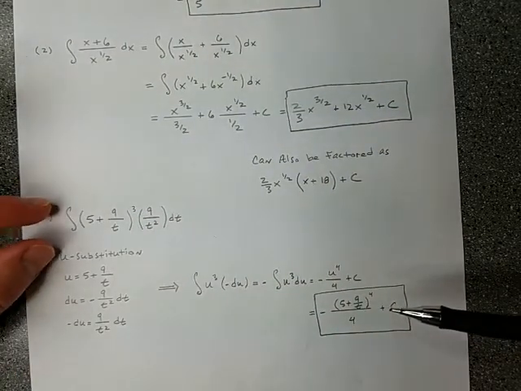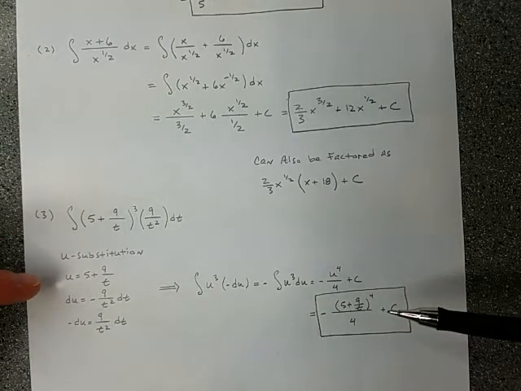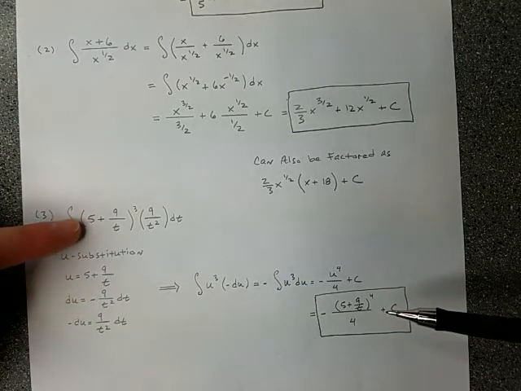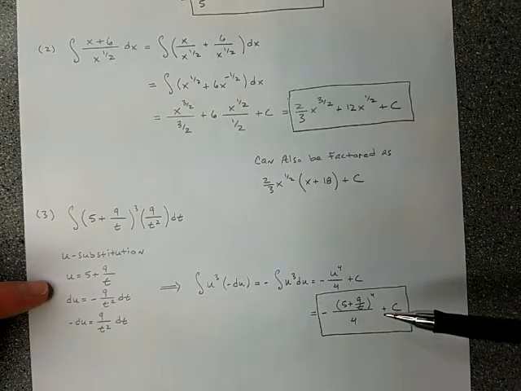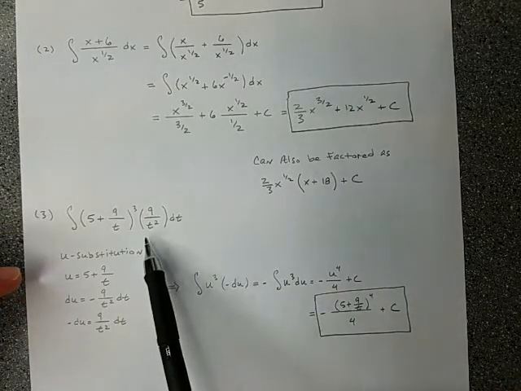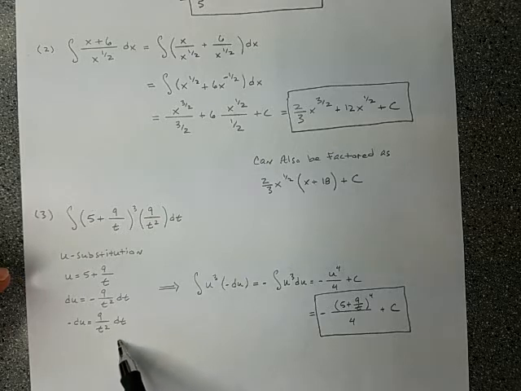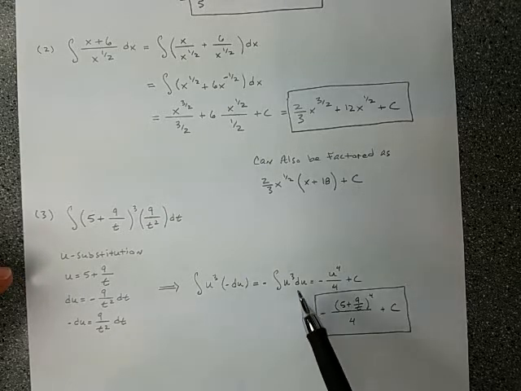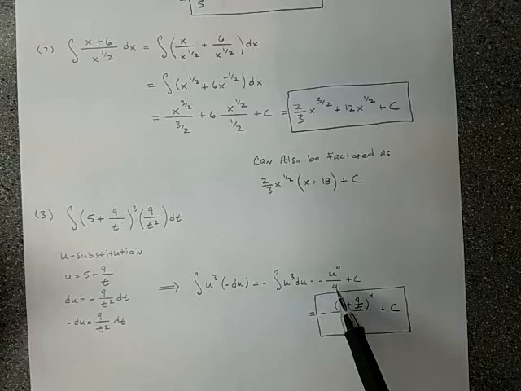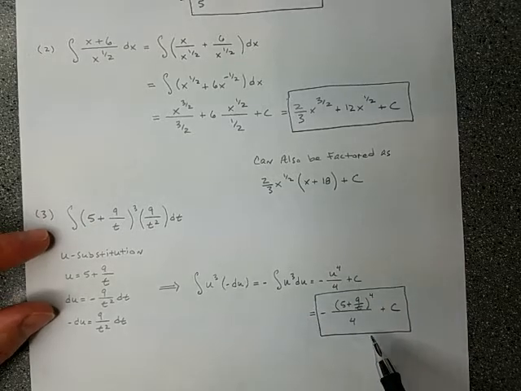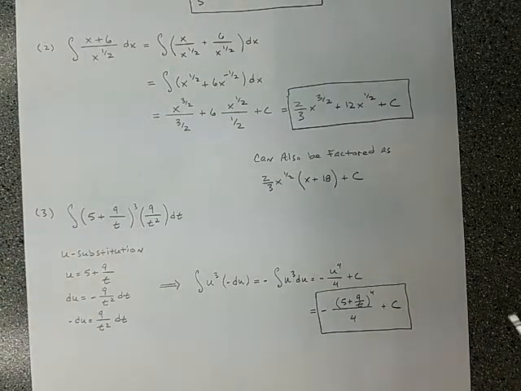This one, u substitution, let u be 5 plus 9 over t. If you let that be u, then this part works out fairly nicely to be the du. All right, make the substitution, use a fairly simple rule, and then we get here. Okay, all right,